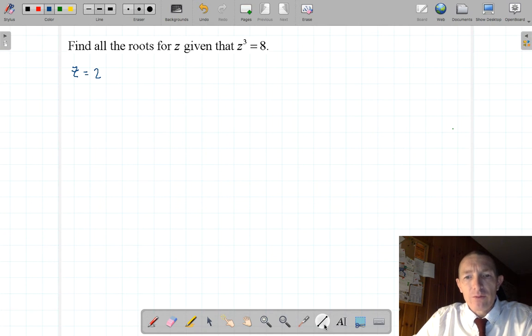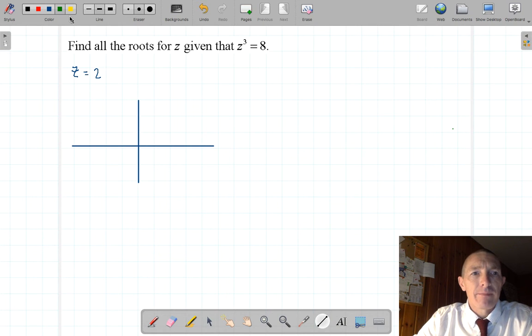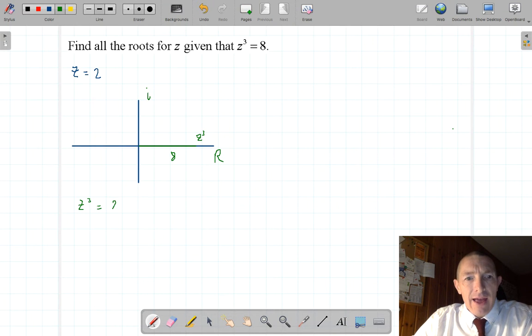Now, to solve this, what I want to do is, first of all, use an Argand diagram. So I'm going to put z cubed onto an Argand diagram. Z cubed equals 8, which means we go along here 8 units. And remember that this is the real part, this is the imaginary part. So that's 8 units long, and that's z cubed. So armed with that, I can write z cubed equals 8